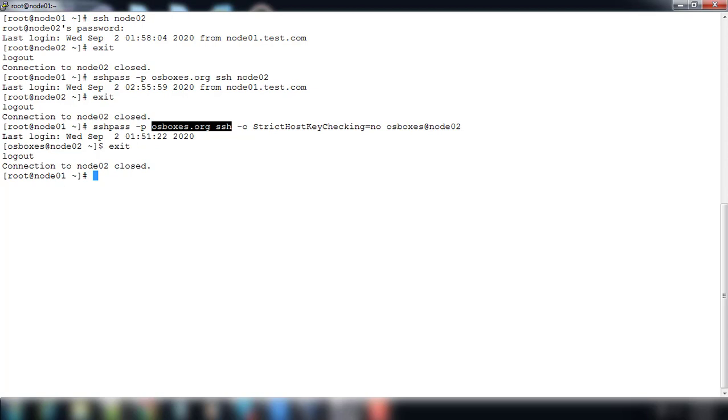The second way, we will see how to add the password into a file and use that file. Next we will see how to store this password in a secure file and use that file to authenticate. Here I am just creating a file.